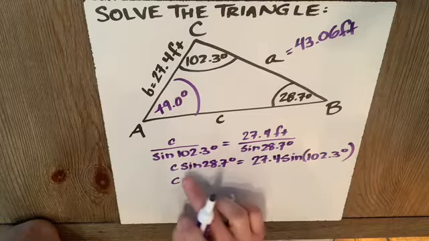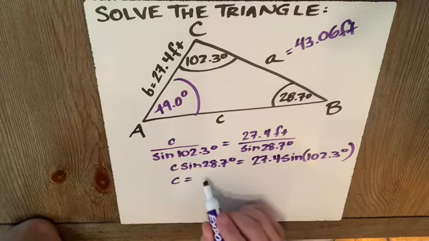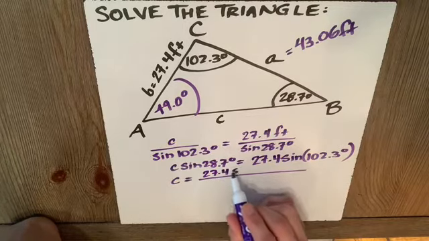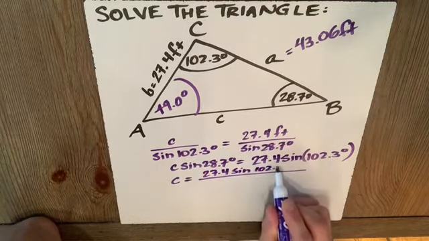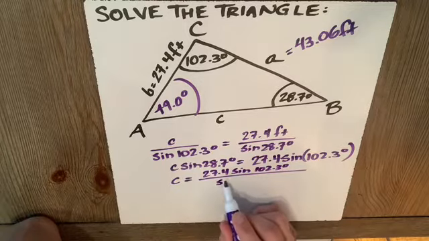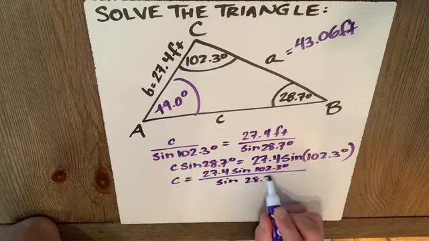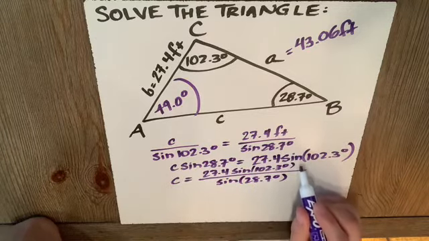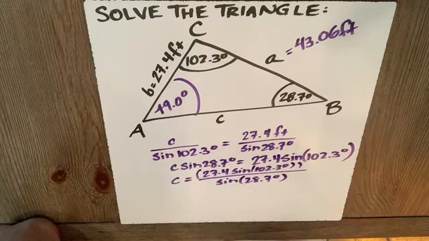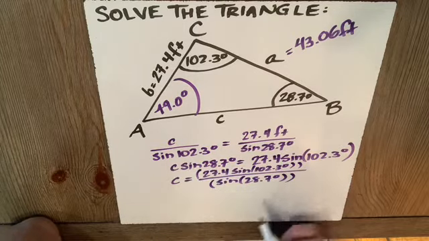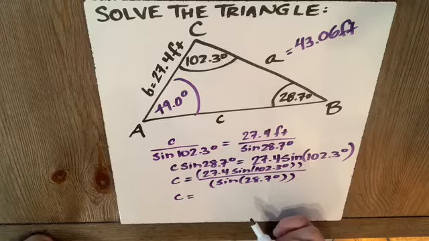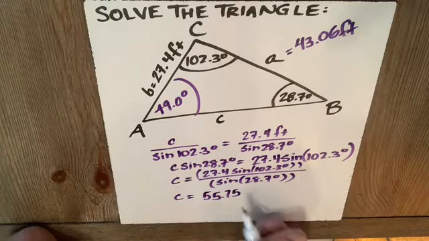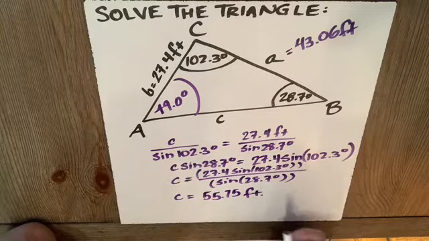So C is equal to, this is C times sine 28.7. I'm going to divide both sides by sine 28.7 and get 27.4 sine of 102.3 degrees all over sine of 28.7 degrees. Notice, if you don't have one of those high-speed calculators, you're going to have to say, here's my numerator, in parentheses, divided by, here's my denominator. And when you do that, you're going to get C is about